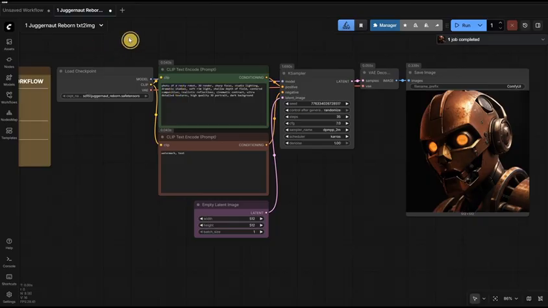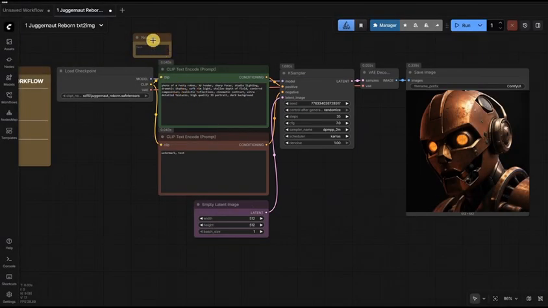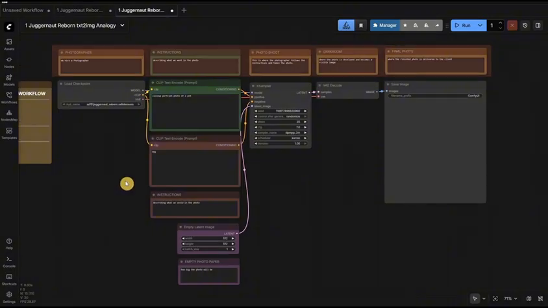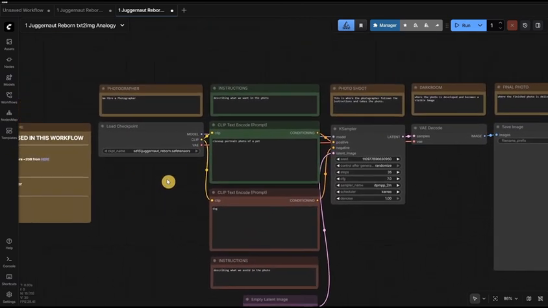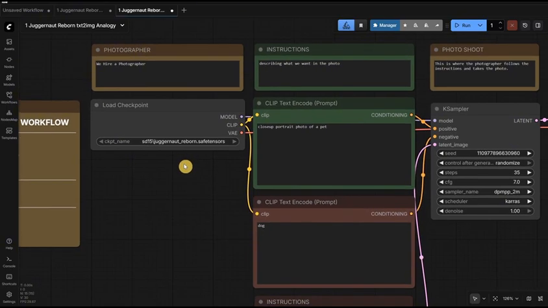I will use a note node and add some info next to each node. You do not have to do that. Just watch and pay attention. I will open the same workflow, but with those notes added next to each node, and I will explain each one in detail. You probably noticed by now that when we generate images with AI, we usually download a file